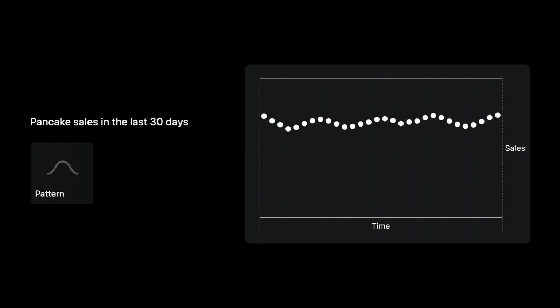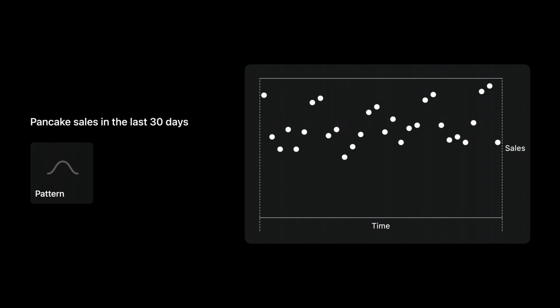One option for a mark is to use points to represent each day of pancake sales. When we envision nice, smooth data for the chart like this, points look great. But real data is rarely this neat. With realistic data, we can see that using points makes it difficult to make out any pattern. It's important to test your designs with real data early. While point marks are great at revealing some insights, such as identifying outliers or clusters in data, our needs call for something else.